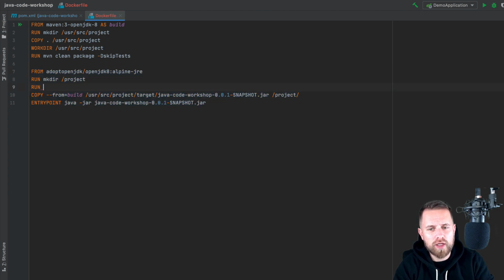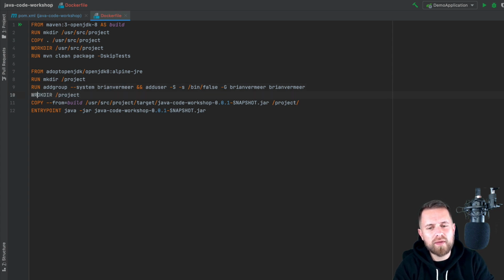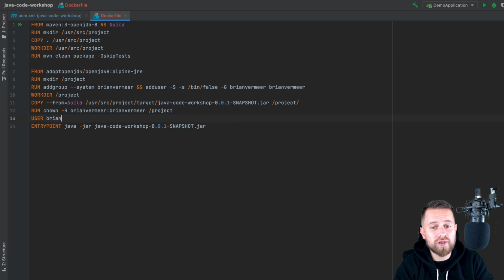Let's take a look at this production image and add a few things. I will add a system group and a system user without shell access. Note that this is an Alpine image, so the instructions can be a tiny bit different when you're using another operating system. I will specifically set the working directory and make my newly created user the owner of this directory. Don't forget to specify the user the container needs to use, or else you will still be running as the root user. Now, I know for sure that the user that's running the application is not able to access more than needed.